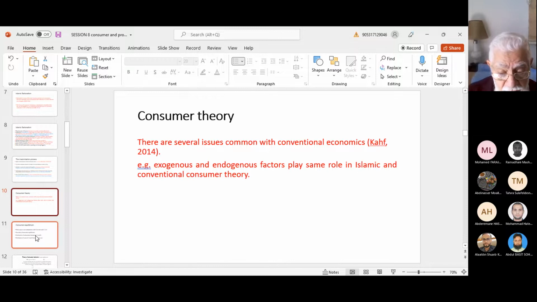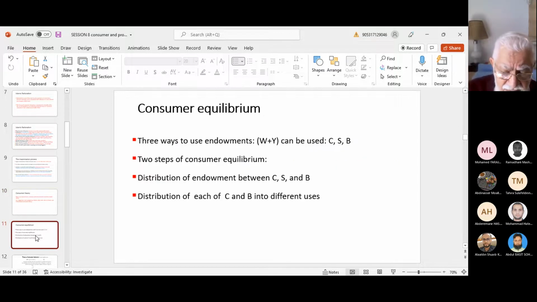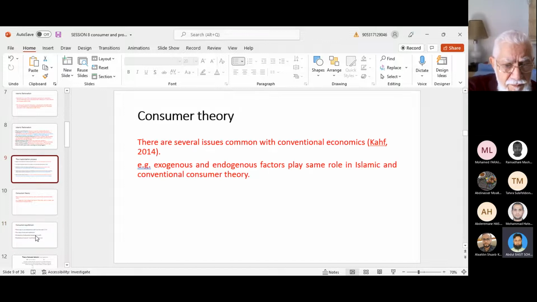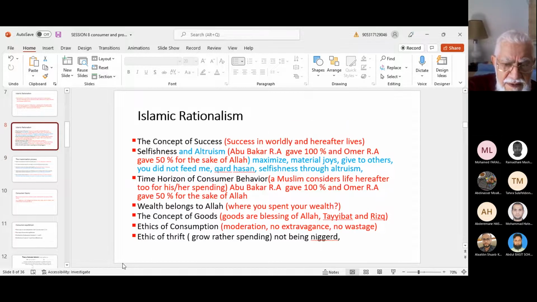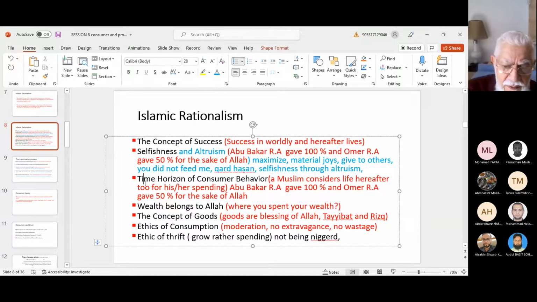One thing also needs to be mentioned here. I think you mentioned it, Abdul Basit: the time horizon issue. So tell us about the time horizon. Now, if it is infinity, the solution will be that people will always only select things that relate to the life after, and do nothing about this life. Would that be acceptable for a Muslim consumer, that you take only what relates to the life after, and you don't spend on this dunya, this life?